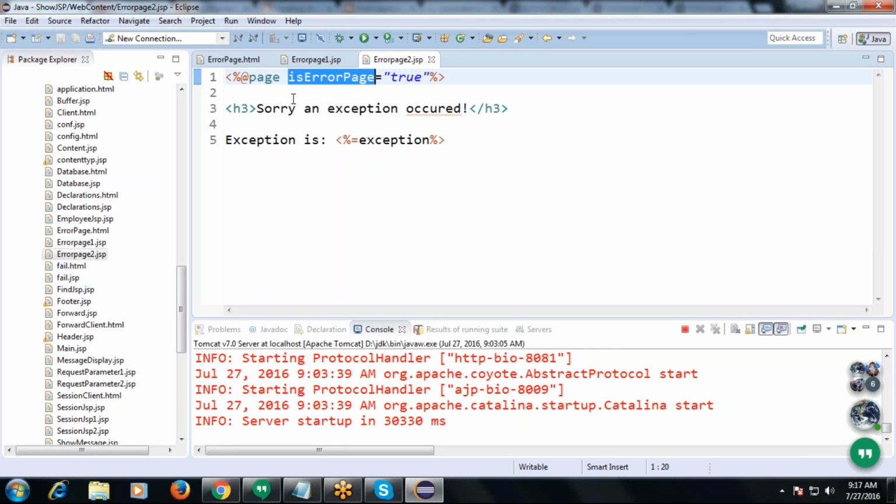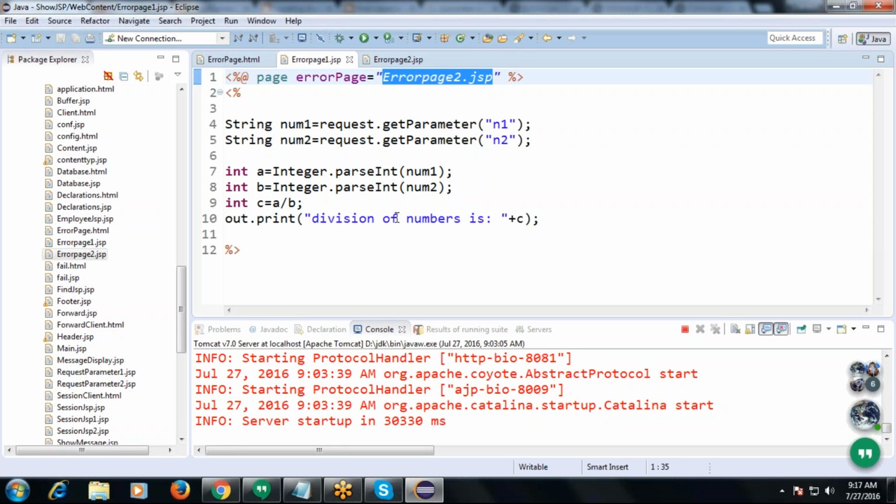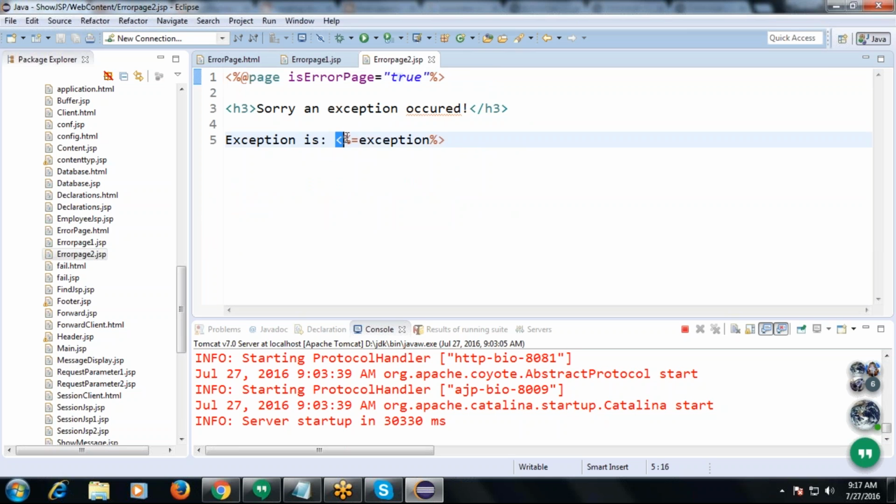That means the exception object generated by the JSP container is available only in this JSP page.